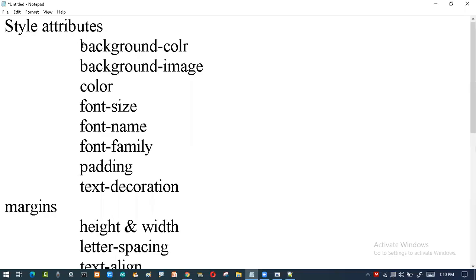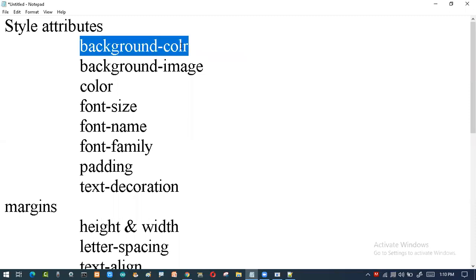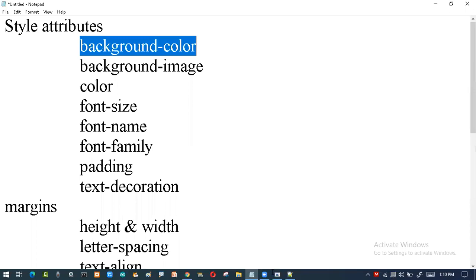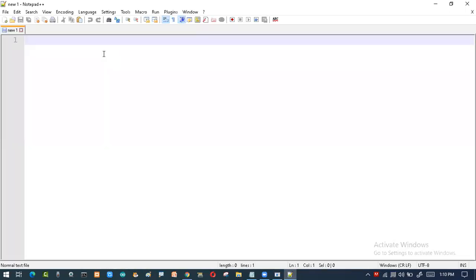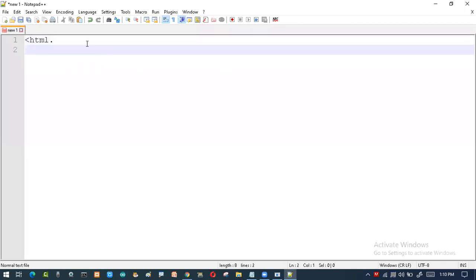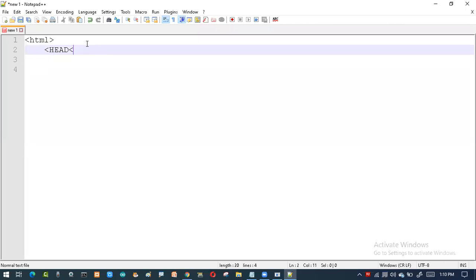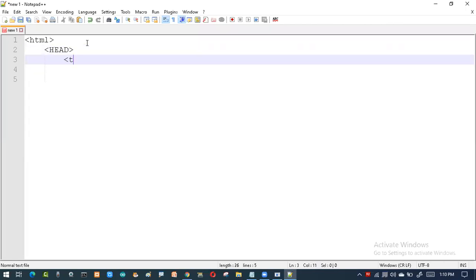So coming to the background color, how will I use this? Your HTML, head, title.